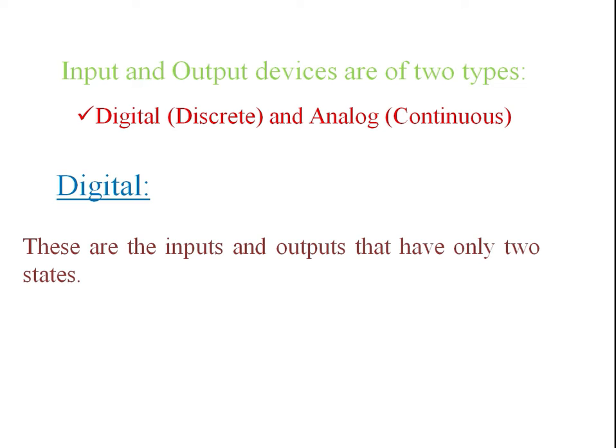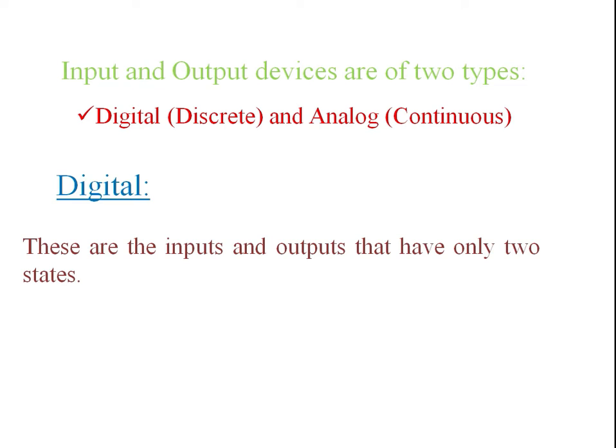See here, we have only two conditions in digital. You already know about Boolean expressions, that comes under digital only, meaning it will define only two states, that is 0 and 1. 0 indicates the off condition and 1 indicates the on condition in output. Okay, we are not talking about input. 0 indicates off condition and 1 indicates on condition in output.